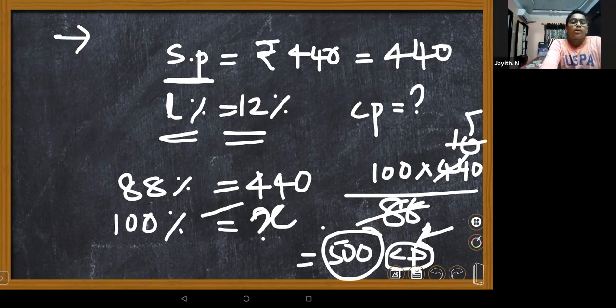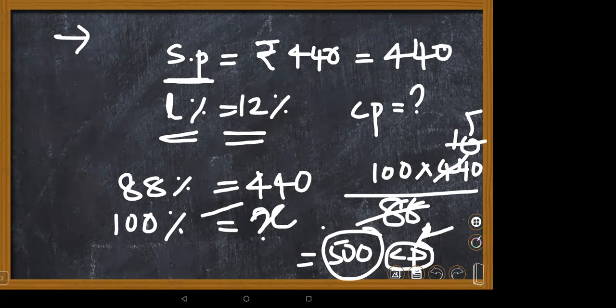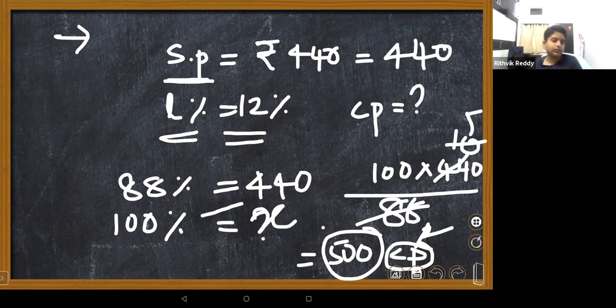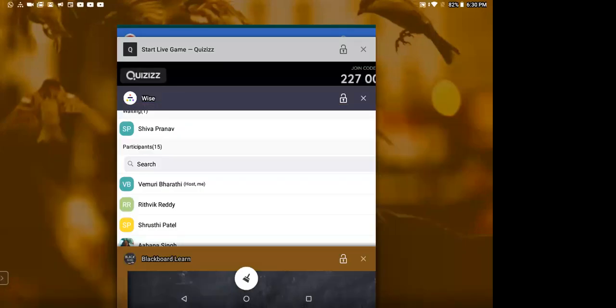Ma'am, can we play a quiz? Sure. We'll play a quiz right now on this topic. Today we'll go with simple interest only. Children, I'm not going to do much, only simple interest. Ma'am, we have not learned simple interest yet. No, we didn't learn it. Only the basic part of cost price. Ma'am, you give the quiz in this part only. Okay, right. Selling price, cost price, profit and loss only I will do, nothing more than that. Okay, children, one minute, I'll share my screen.